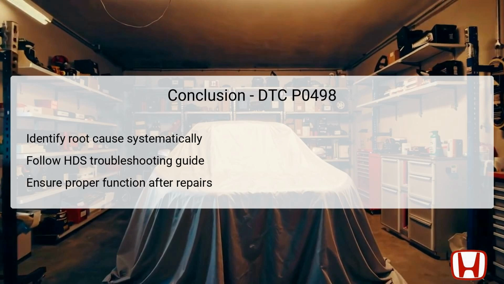Each component's functionality should be assessed, and any necessary repairs must ensure that they restore the system to its intended operational state. Additionally, verifying that the system operates correctly after repairs is a critical step to guarantee that the problem is resolved. By adhering to these protocols, technicians can effectively address the DTC P0498 and maintain vehicle emissions compliance and